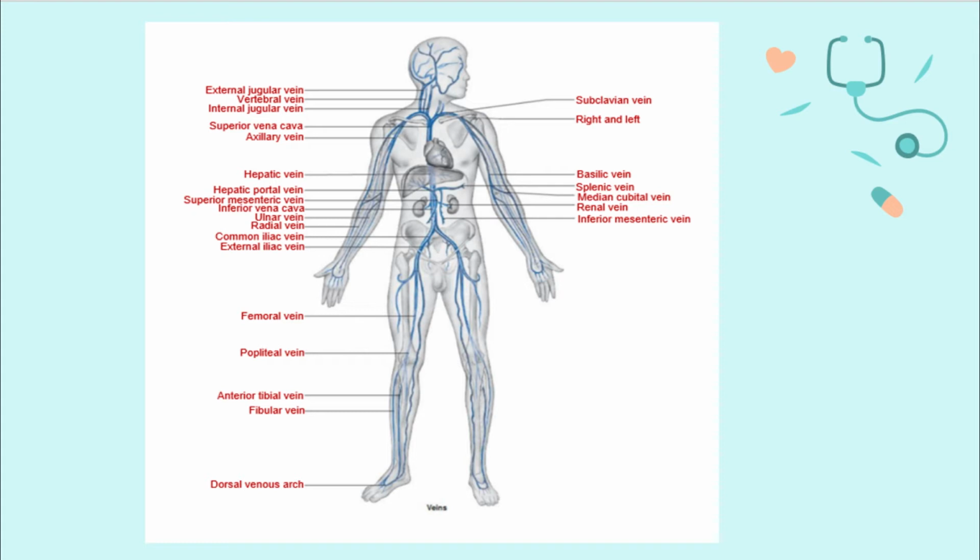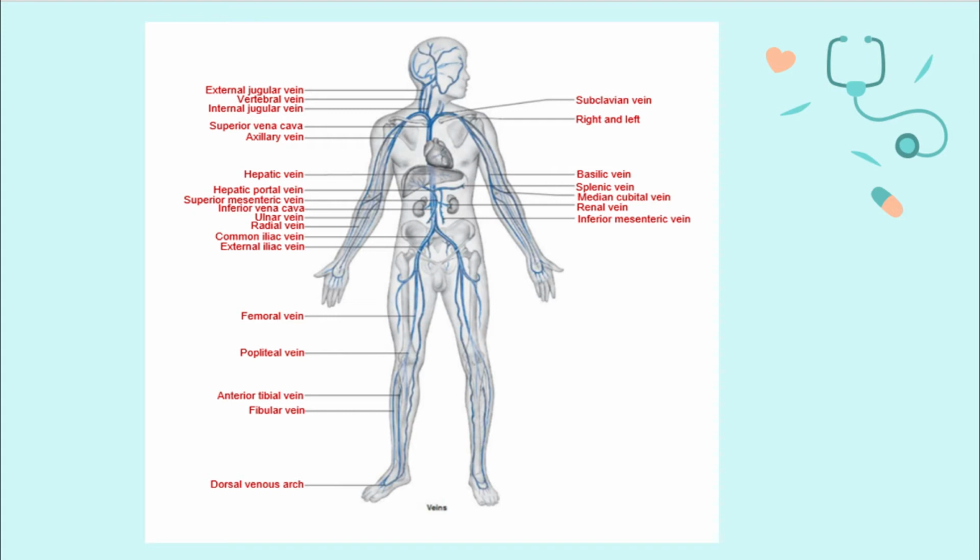Veins are blood vessels that carry blood low in oxygen from the body back to the heart for reoxygenation. The veins of a human body are as follows: external jugular vein, vertebral vein, internal jugular vein, superior vena cava, axillary vein, hepatic vein, hepatic portal vein, superior mesenteric vein, inferior vena cava, ulnar vein, radial vein, common iliac vein,